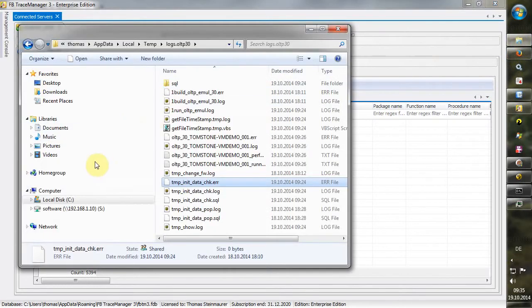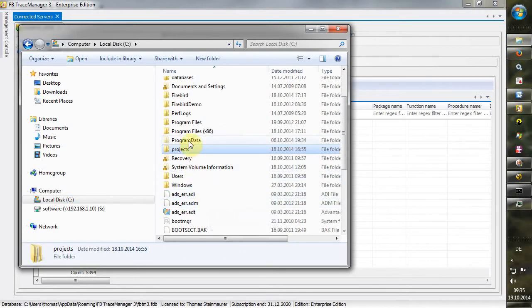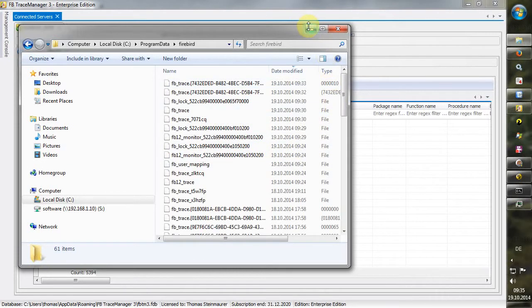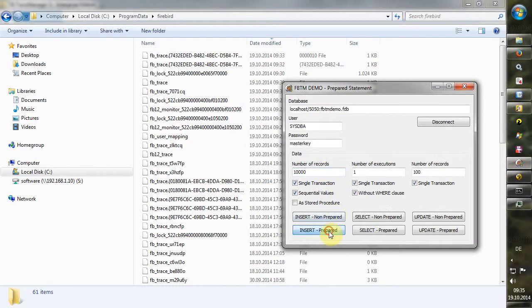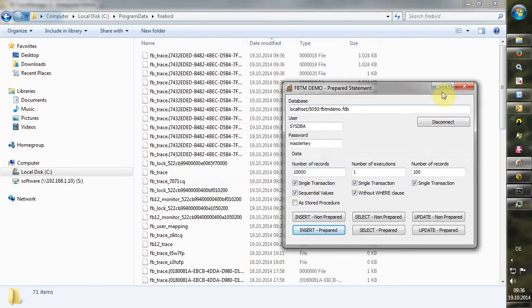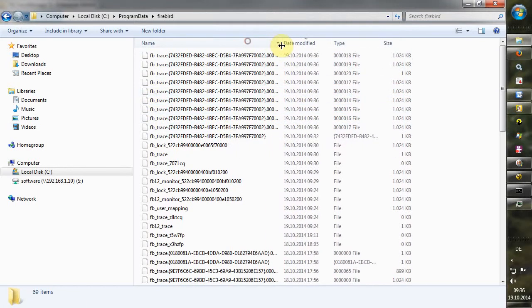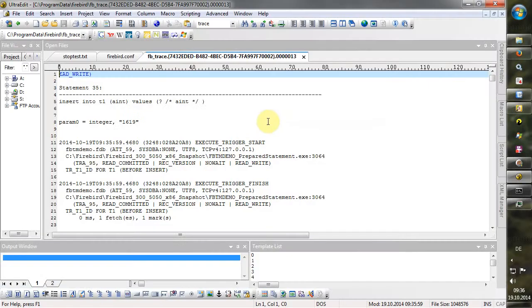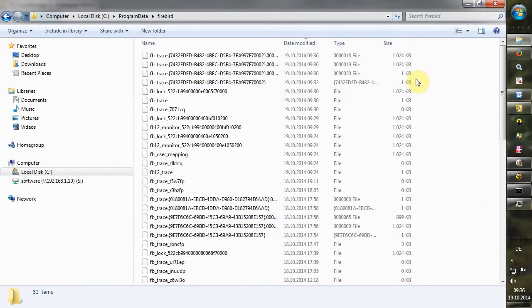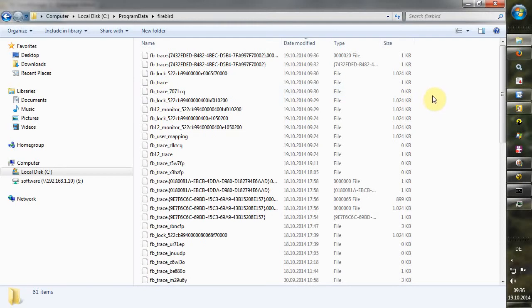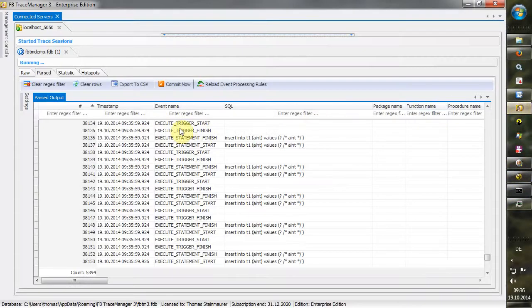So if we are doing that again, first open the Windows Explorer. At least on Windows there is a program data Firebird directory, and let's do that again. We will see that Firebird starts using files with a size of 1 megabyte. If we open that one here, that's pretty much the raw output from the trace data. So it stores that locally on the server side, and the trace client needs to fetch that. And if the trace client isn't able to fetch that in a proper time, the Firebird server suspends the trace session. So if you go back here again to the product,